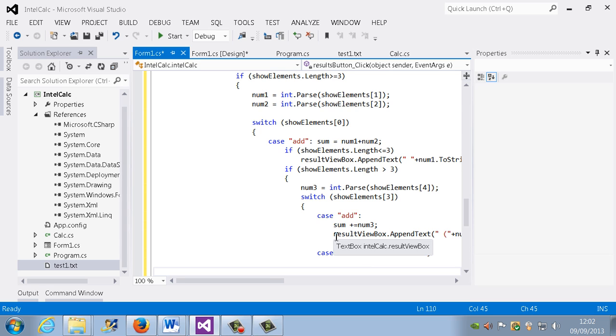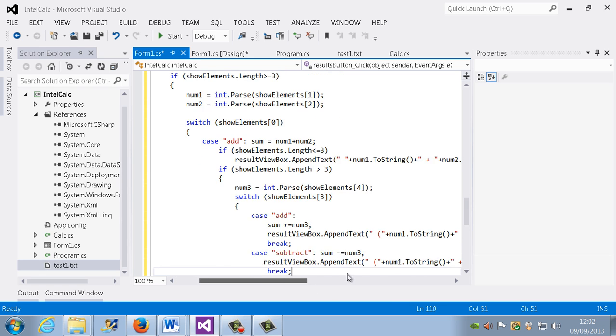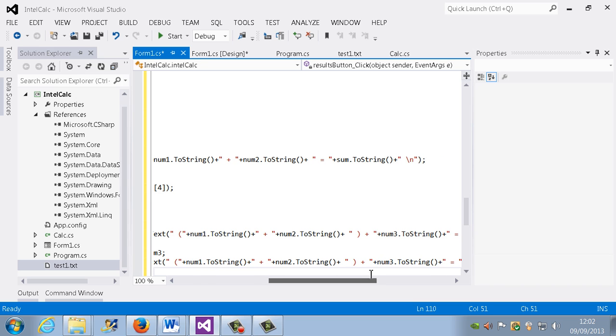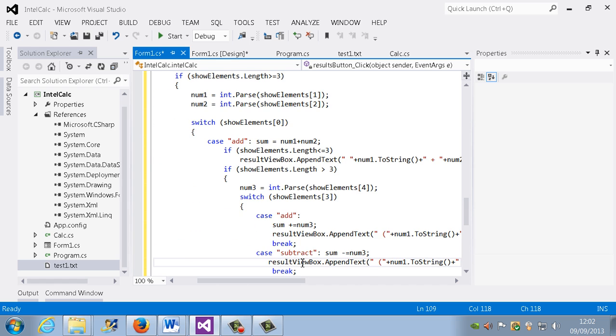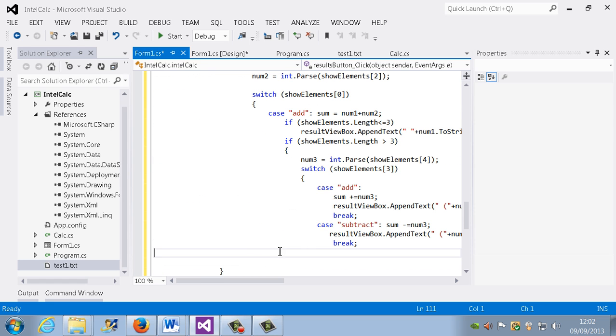What we need to do is copy that. So I'm just going to copy this bit and then paste it here. So it's a lot easier. And the only thing that we need to replace is this minus here. And we do another case now. This case is going to be case it's multiply,